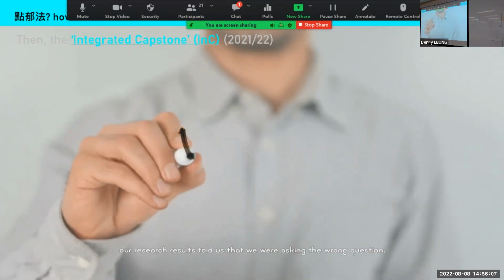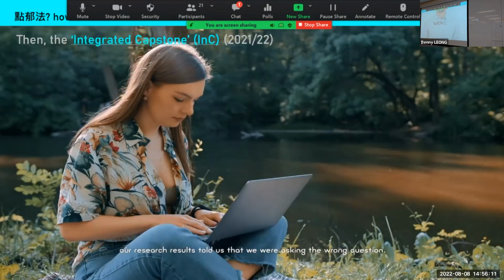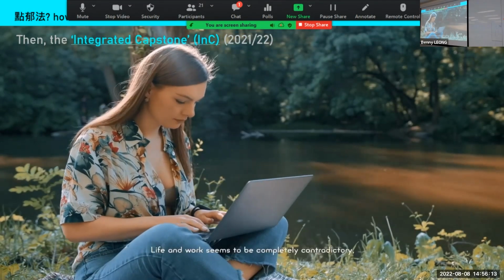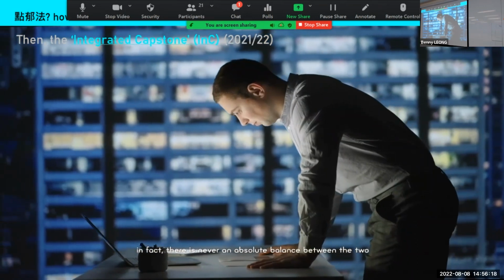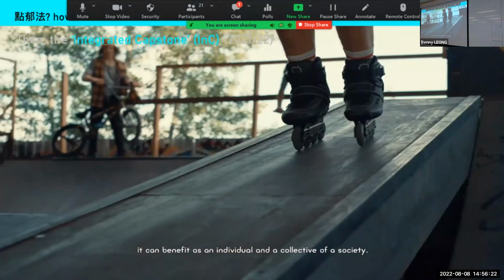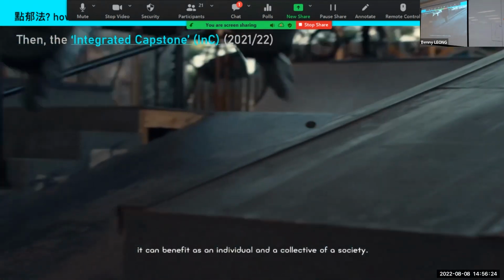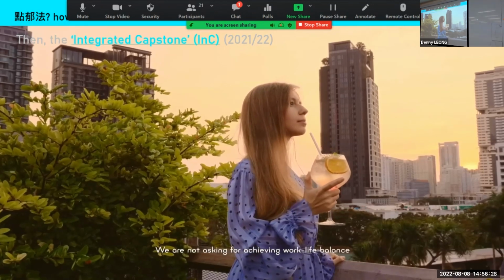Funny enough, our research results told us that we are asking the wrong question. Life and work seem to be completely contradictory. In fact, there is never an absolute balance between the two. But by combining home and leisure as a whole, it can benefit us as individuals and as a collective of a society. We are not asking for work-life balance.